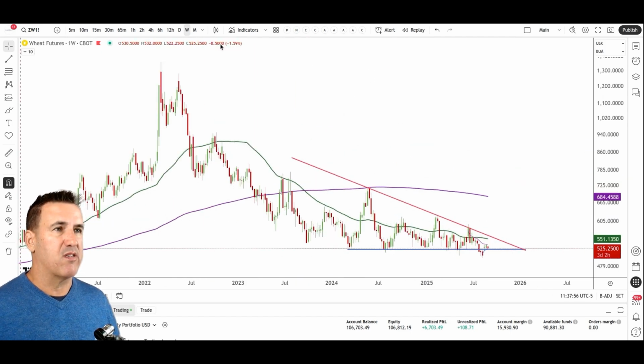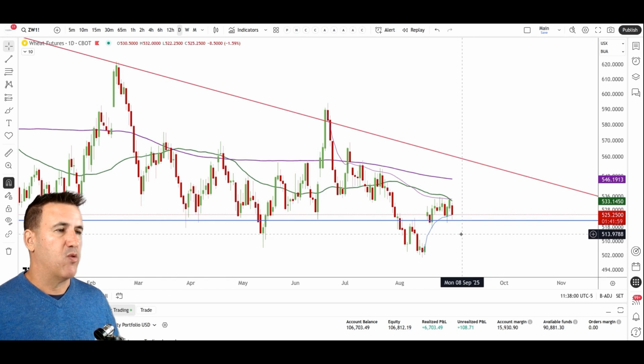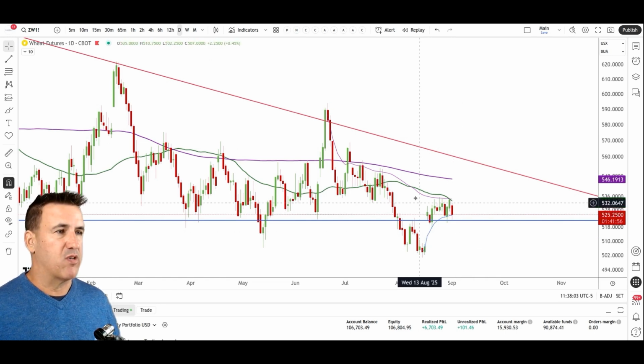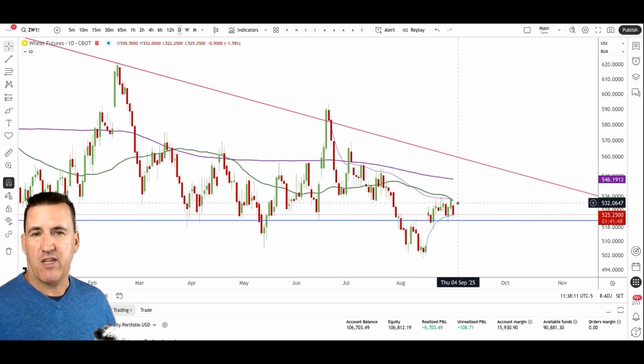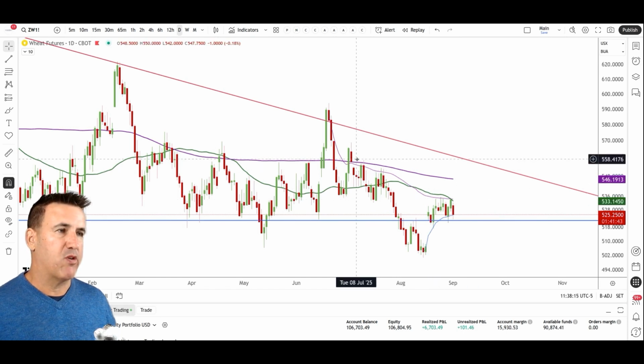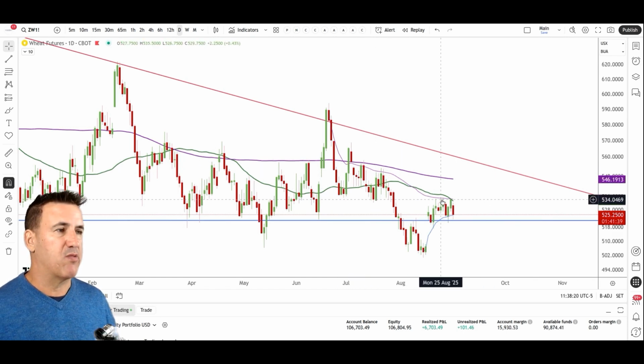But let's look at the daily chart here. We've got a few things going on here. So right today, we had a nice rally. This is the way these markets work. This small purple line up above here is the anchored volume weighted average price from June 20th, and that's been acting as resistance. The price gets up there, everyone who's been losing money gets back to breaking even. The average contract gets back to breaking even, so they exit their positions or they reduce their positions. It's been acting as resistance.